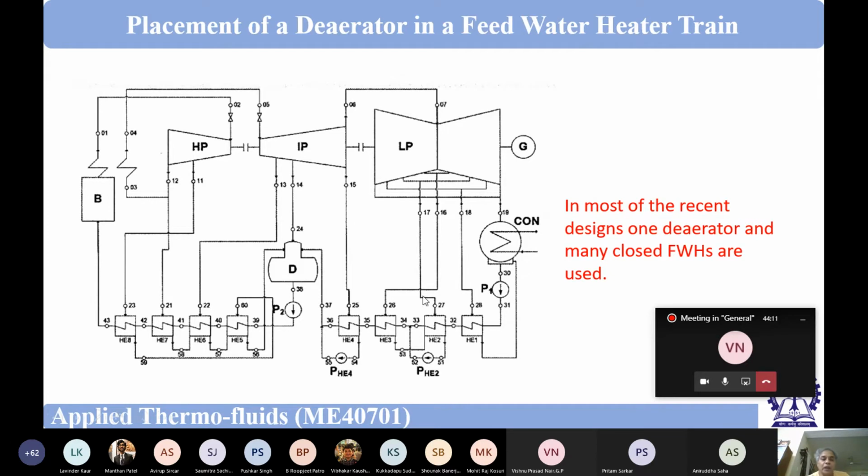So this is as far as the turbine is concerned. Now regarding the feed water heater train, very different kinds of arrangements are possible. Here one kind of arrangement you can see, and you need not think that this is the only arrangement possible. And if you can spend some time, you will find very unique kinds of arrangements have been made here. First thing I draw your attention to is that the entire amount of the fluid, the way the train has been designed, the entire amount of the feed water.